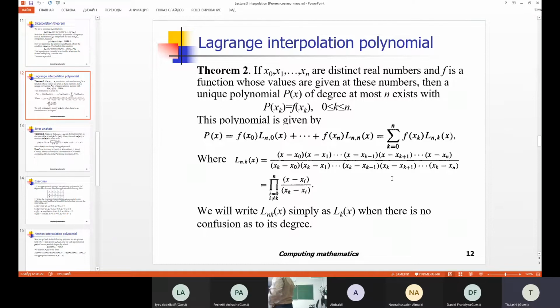After that, I can substitute it into this formula and get the final answer. You see that the approach is similar to the approach that we used to find a polynomial of degree 1, just the formula looks more complex. But before we try to apply it,